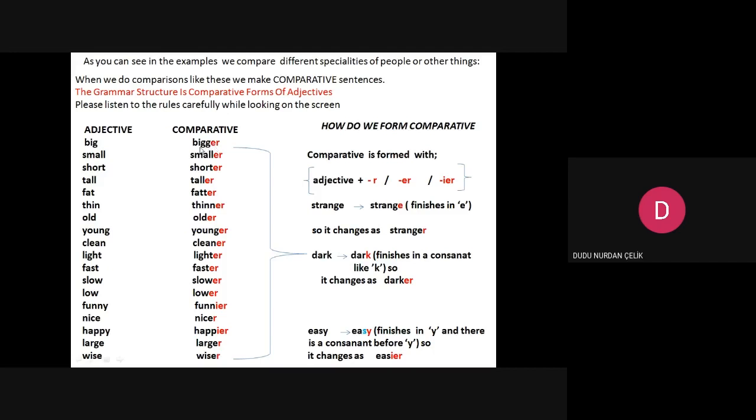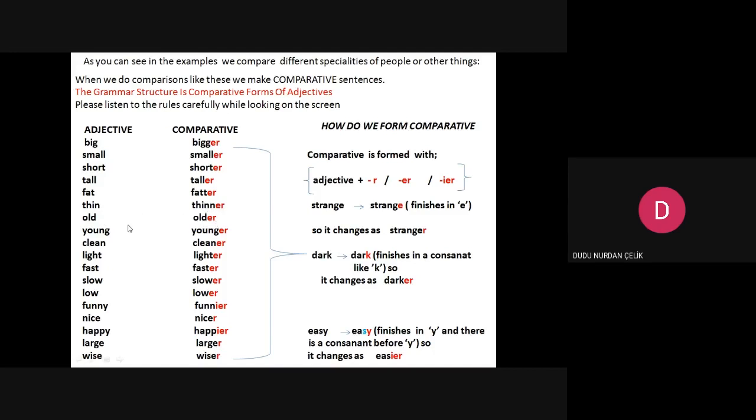Bigger. Okay? Don't forget this. Big, bigger. Small, smaller. Short, shorter. Tall, taller. Fat, like big. One syllable. Fat, we double the T. Fatter. Thin, just one syllable, so we double the N.